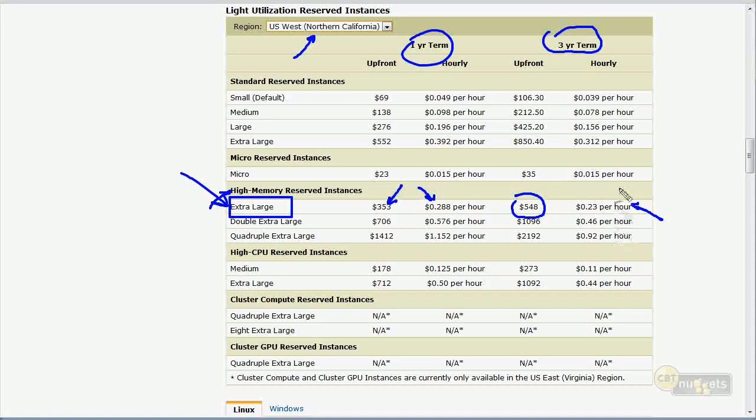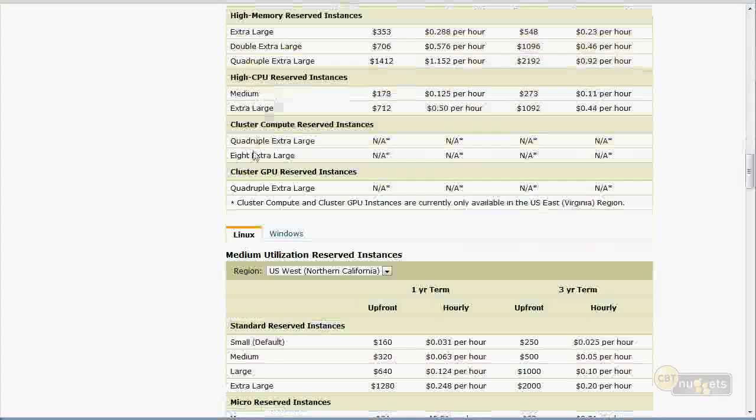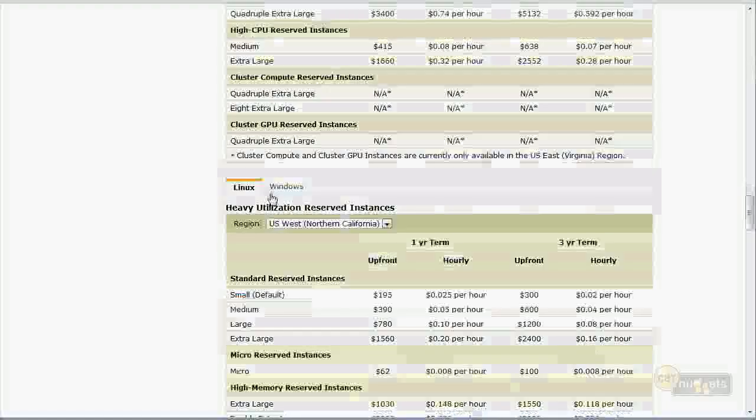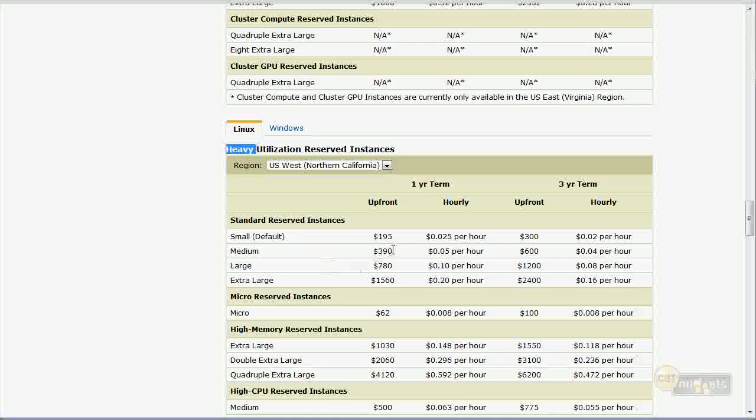So that's the first thing: you get to choose what size server and what term of service you are looking for. Once you make that choice, you have to choose whether you want light, medium, or heavy utilization reserved instances. Let's just grab the small.